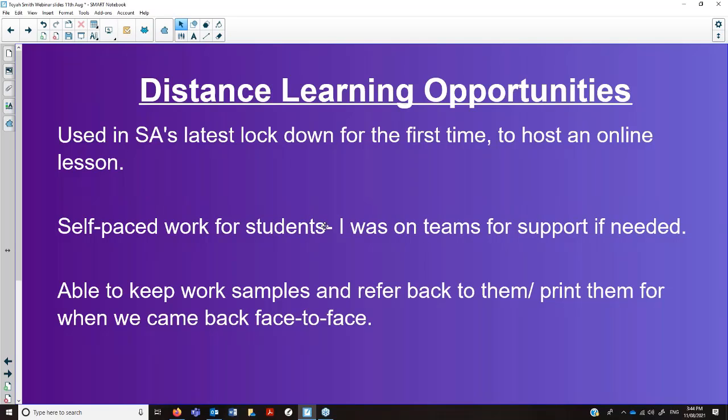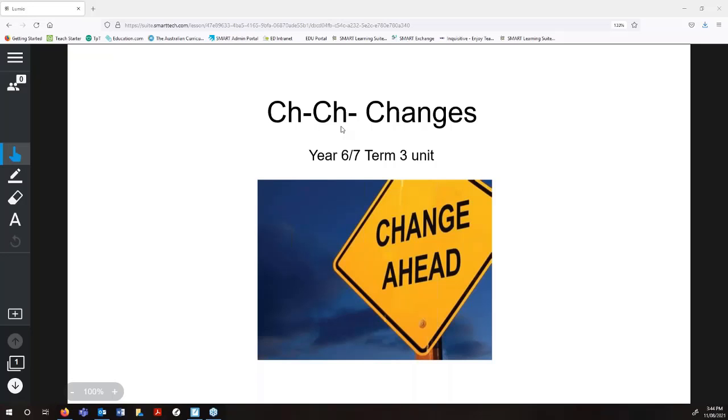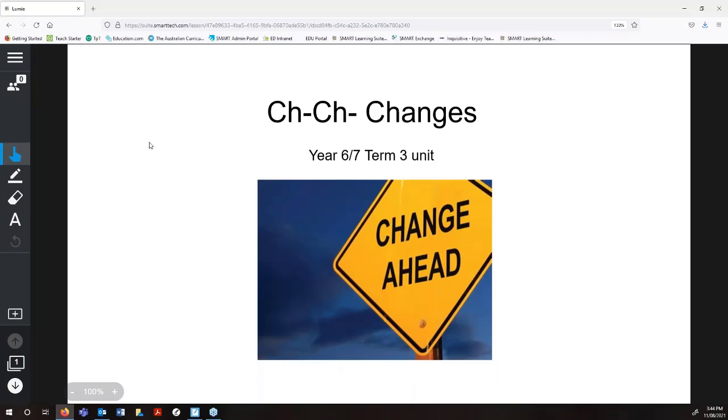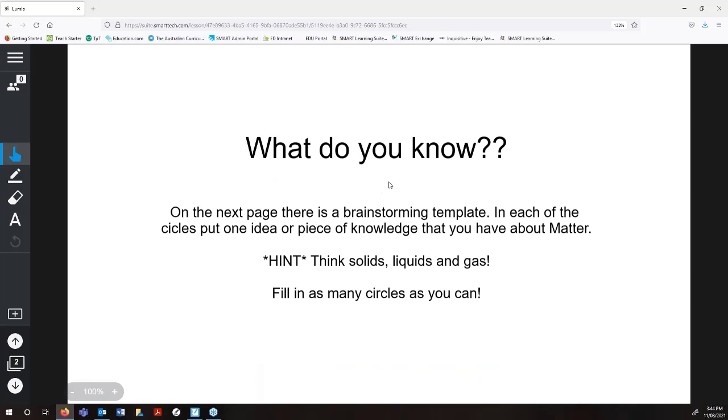So I developed a lesson, which again, I will show you. This lesson was self-paced for students. I did the changing over to student mode up in this corner here when I presented it, and I was having a video call with the students at the same time on Teams. And it was a beginning lesson for the term, so I designed it around getting their prior knowledge. I was really specific in my